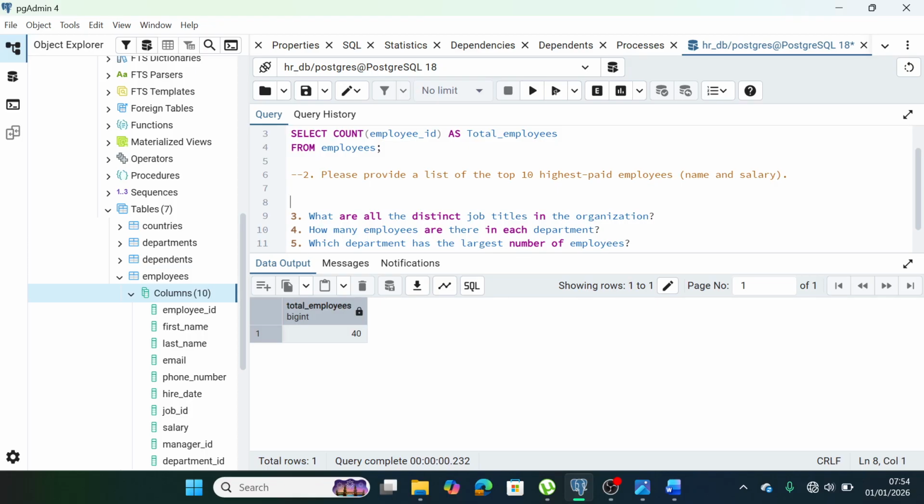Okay guys, second question, they said please provide a list of the top 10 highest paid employees, name and salary inclusive. So they need the name and salary. So let's run the query. So it's going to be